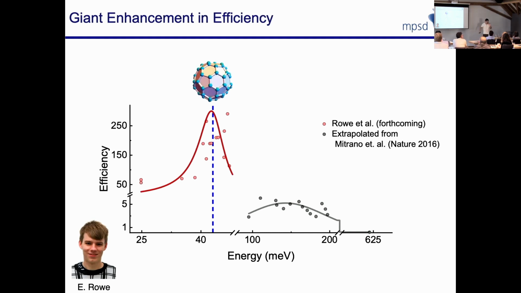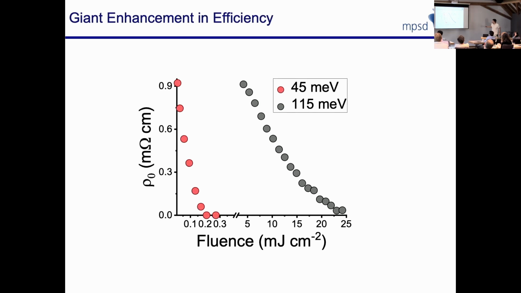Right, okay, so this is the efficiency, which in this specific measurement is measured by taking the slope of how much spectral weight you're taking out of the metal as a function of fluence. This is a photosusceptibility somehow. But I'll show you a resistance measurement now. Another way to say this is the extrapolated rho 0. In the old measurements, you were taking rho 0, you were increasing the fluence, and it would go to 0 at some fluence of order 25 millijoule per square centimeter. By pumping at 45 meV, where there's this resonance, if I pump at 0.2 millijoule per square centimeter, I already get